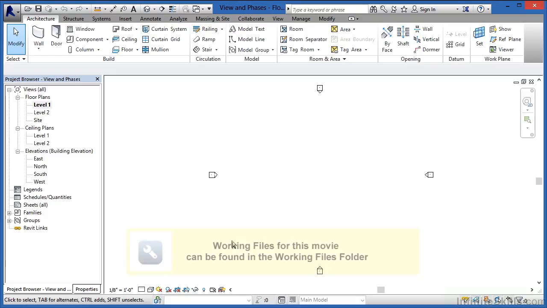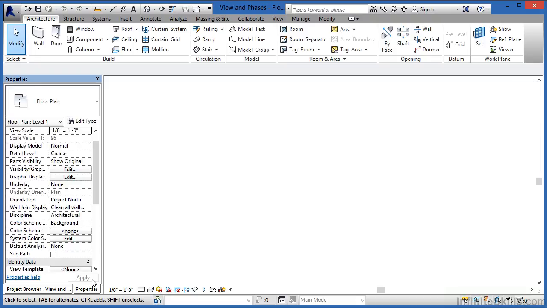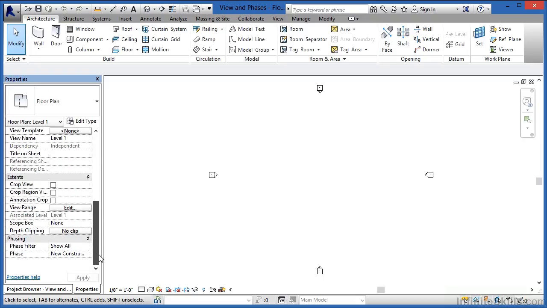Periods of time in Revit are associated with being phases. Examples of that would be an existing phase, a new phase, or a demolition phase. Now, each of those periods of time are also reflected in each of the views that you have under the project browser. We can see that if we highlight on one of the views in the project browser, in this case I'm highlighting on level 1,